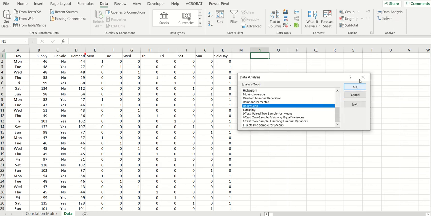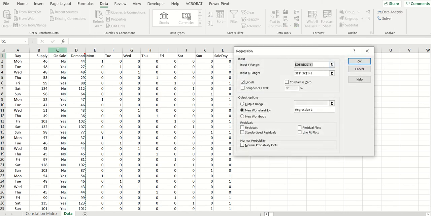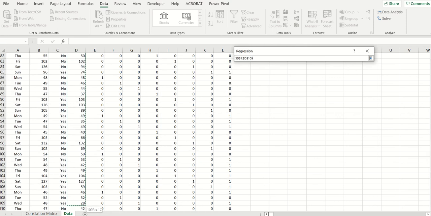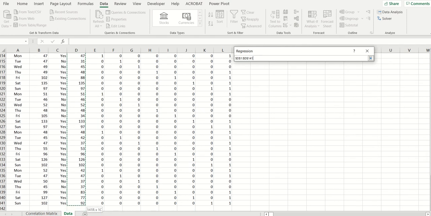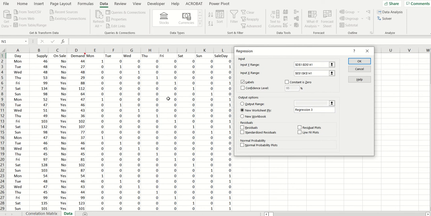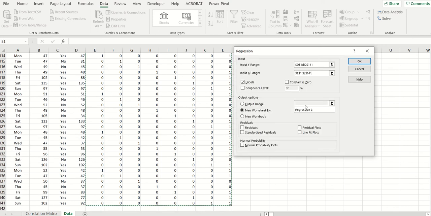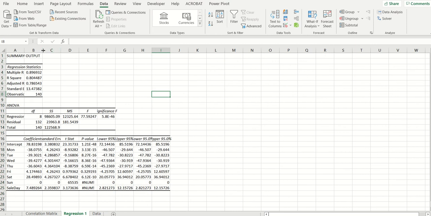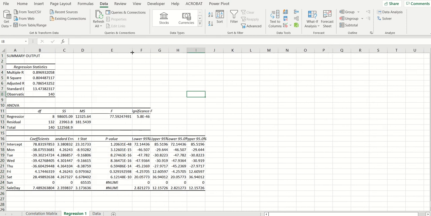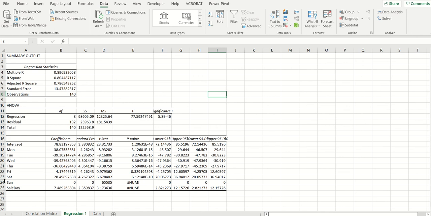So we click regression under data, data analysis, and our Y range is demand. That's the variable that we're trying to predict, or a dependent variable. And then our X range is going to be, for our first run, all of our variables. This is my first regression run. I'm going to put it in a new worksheet, and I'm going to say OK. All right. Now, that's a pretty good R squared,